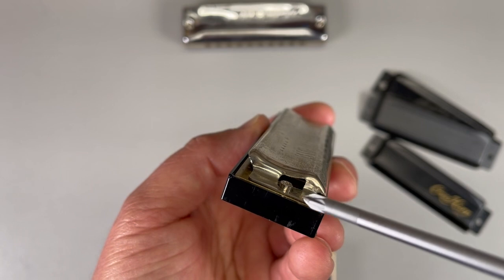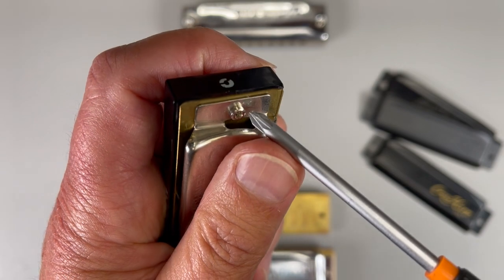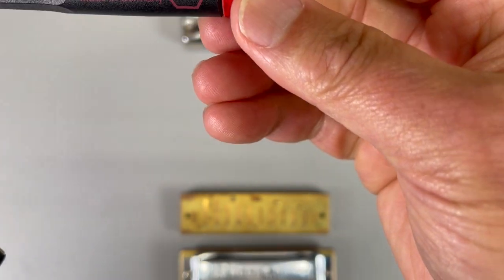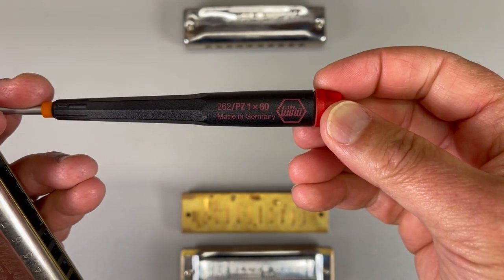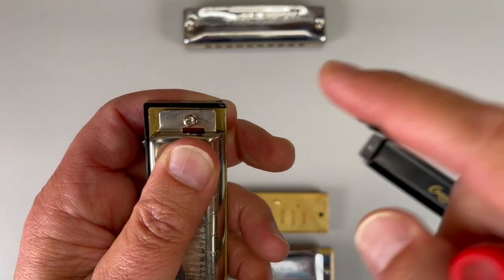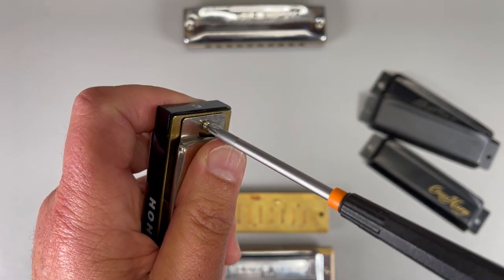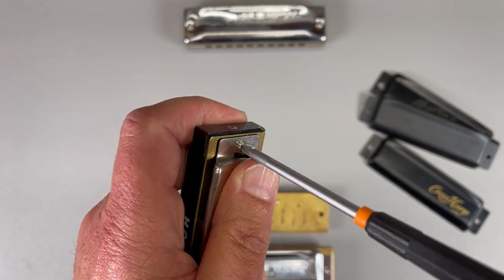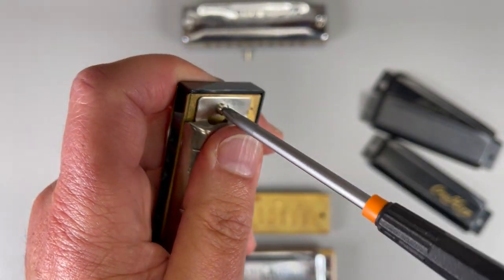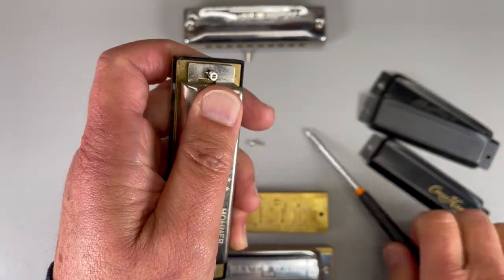So let's suppose you own this harmonica, but you don't like the plastic comb. So with your posi screwdriver, if you've ever wondered why a regular Phillips screwdriver always strips these binding posts, it's because you need a posi drive screwdriver. Okay, so by removing the two cover plates,